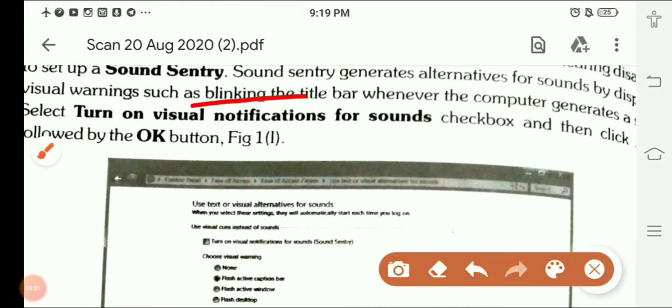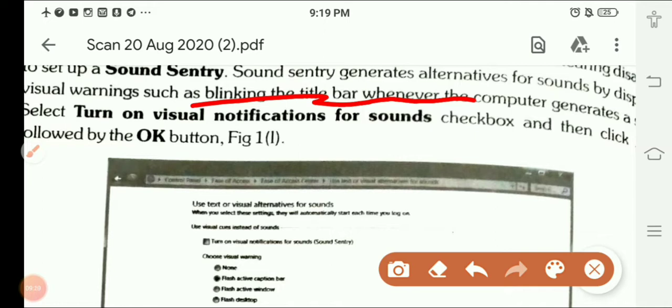When I open 2 or 3 windows, and you are closing one, the title bar blinks. Such sort of information they are giving you by visual notification for sound, meaning visually it will show that you are clicking on this file. So this one term is sound sentry.